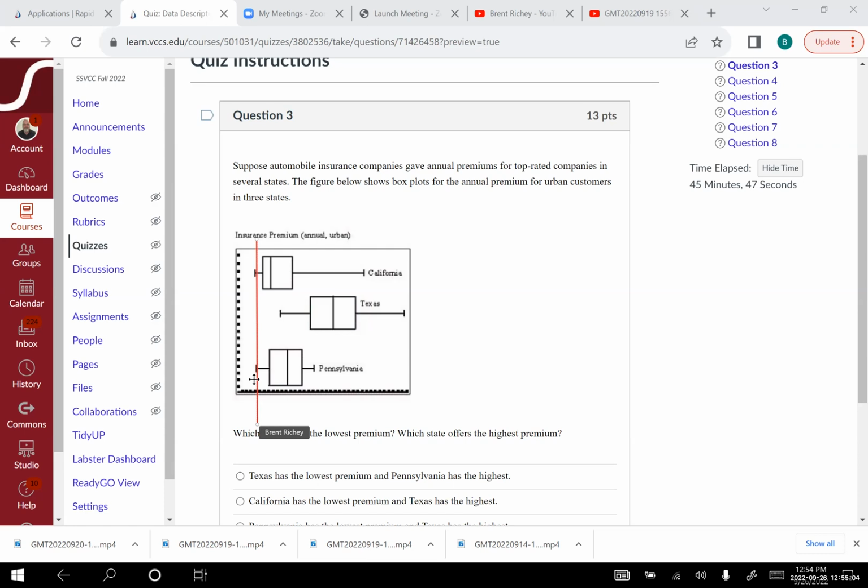Alexis, when I first looked at this question, when I was going through, I thought it was California. But then I looked at the answers and they said Pennsylvania. So I'm obviously going to have to do something. I'll have to look on the test and see if they did anything else stupid like this. I mean, they could have put the one out a little bit further so you could tell, but this is what they did.